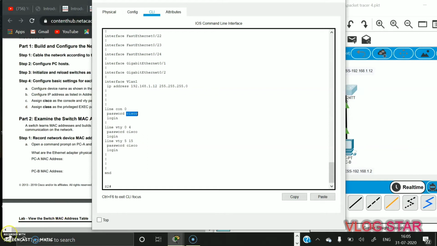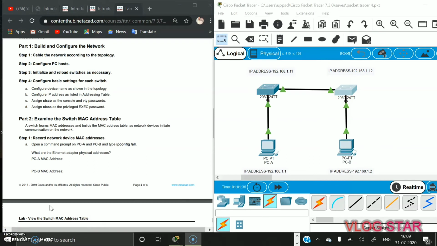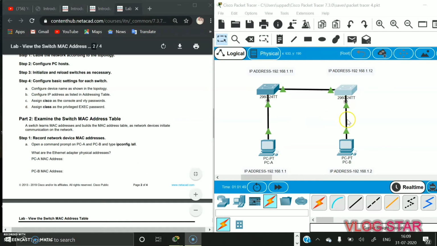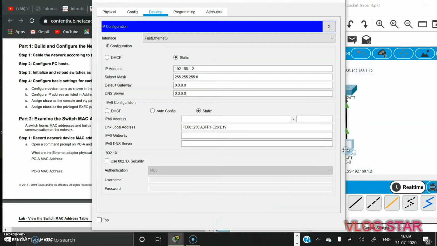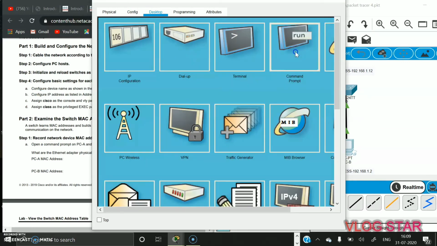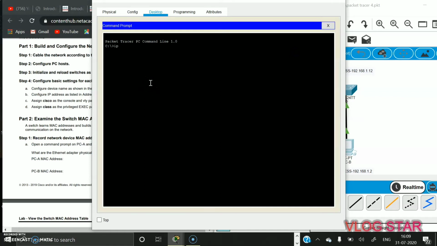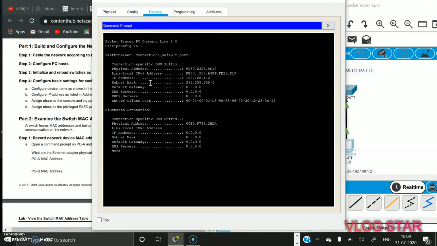Okay, now we have to examine the switch MAC address table. For that, open the command prompt on PCA or PCB and type the command ipconfig /all, and we can observe the MAC address in it. Command prompt, ipconfig /all.